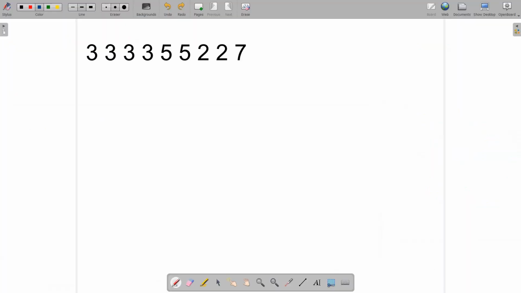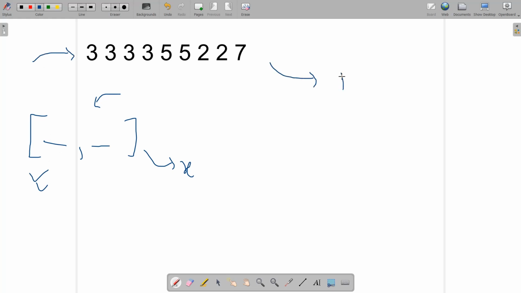So let's move further. According to the problem statement, we need to choose some elements, that is, we need to keep some elements in a set, and let's say the size of the set is x, such that removing all the occurrences of the elements present in this set from our original array, and let's say the new size of the array after discarding them is p, we have p less than or equal to n by 2. That is, we need to ensure that p is at most n by 2, and we need to minimize the size of x.